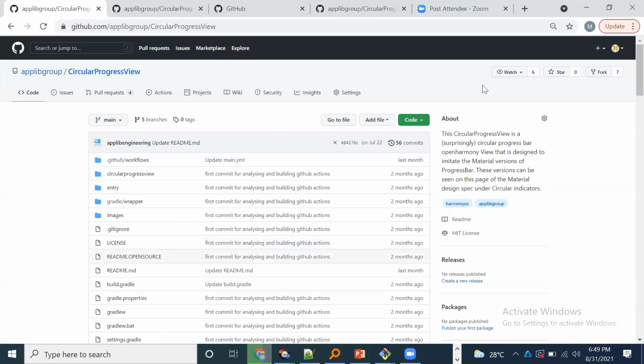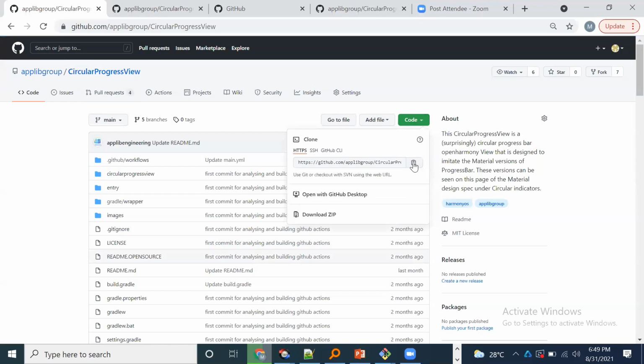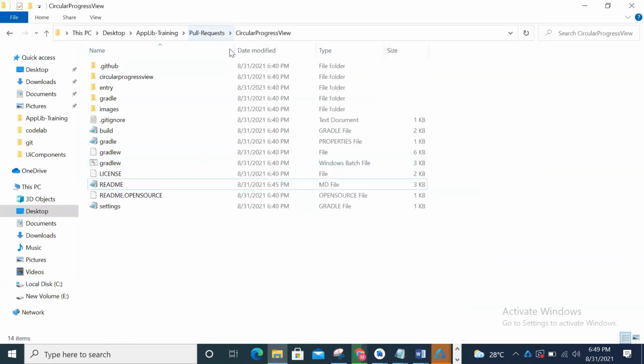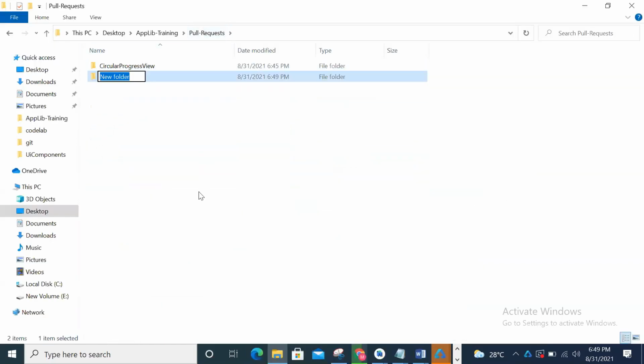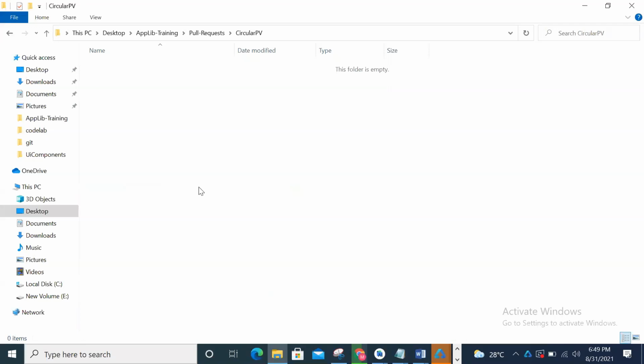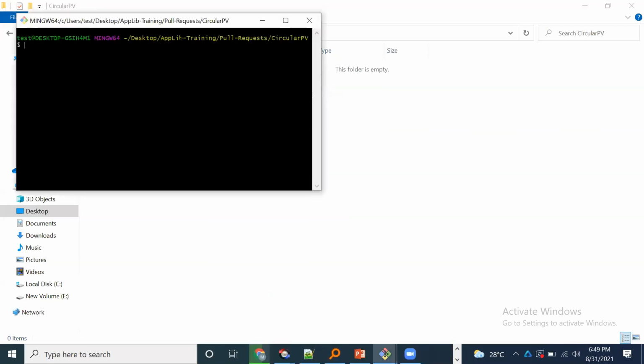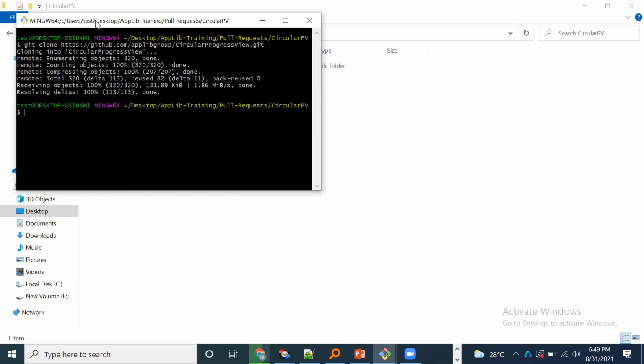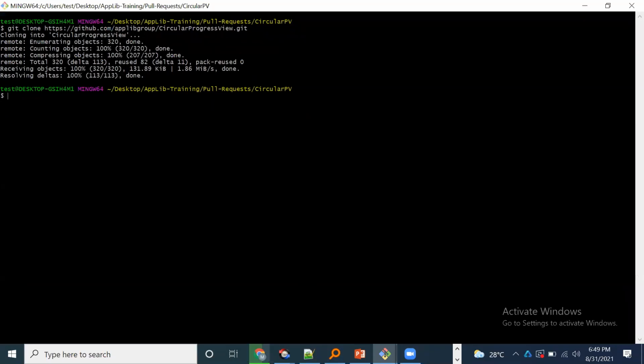In this case also, we'll just take this as reference. So here, if you click here, the same thing we'll try to do. The only difference is that I'm not trying to fork it. I'm directly cloning it from here into my local PC. Okay.